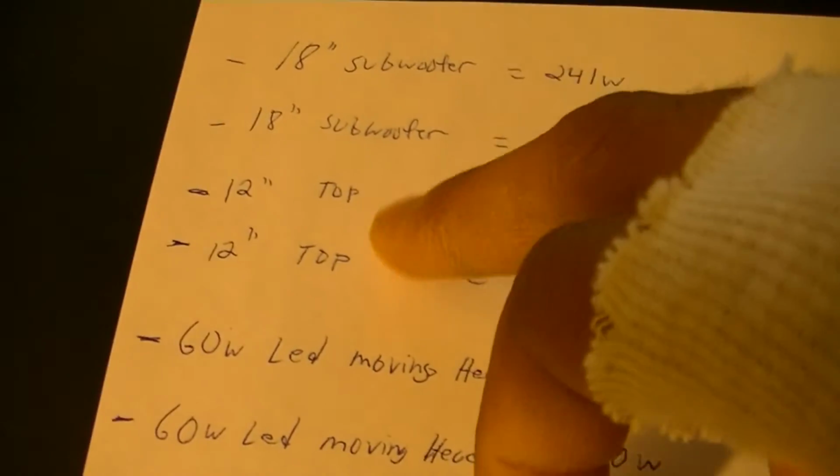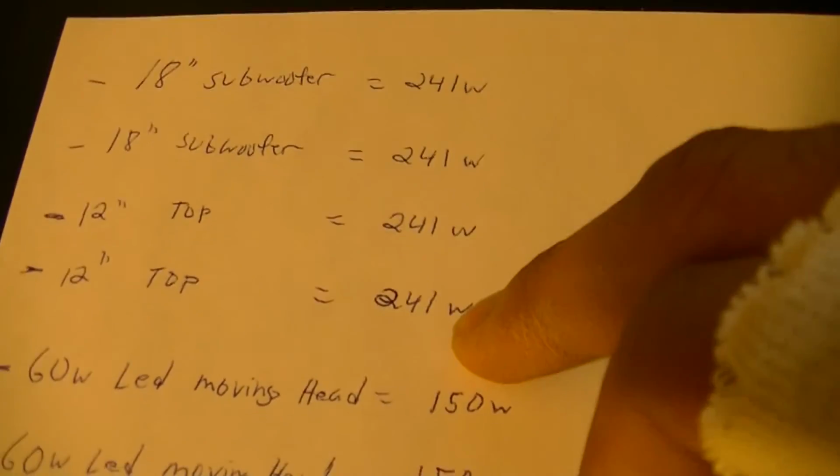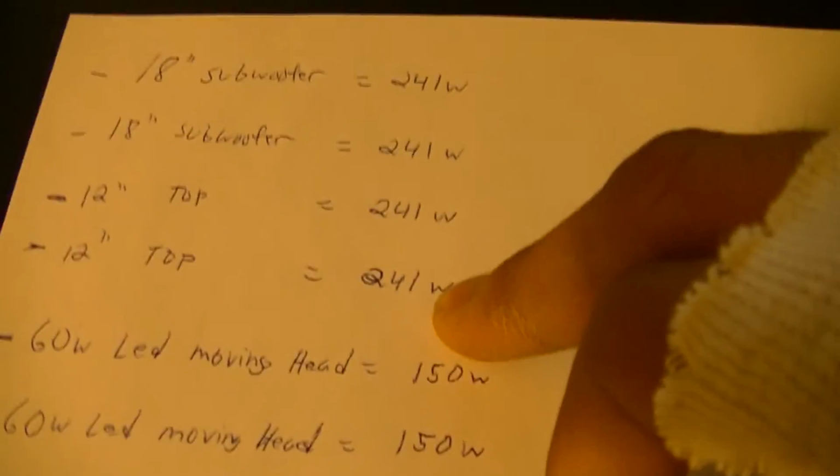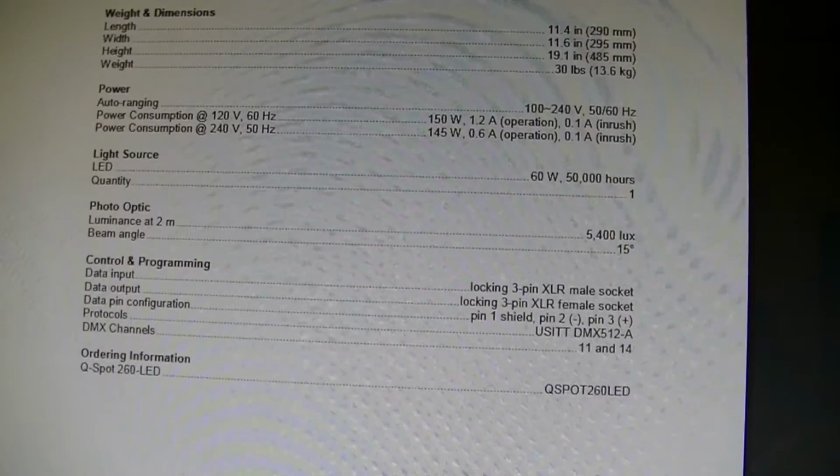So do your math. You're running two 18s and you're running two 12s as your tops. That's 241, 241, 241, 241. That's your wattage right there for those four speakers. Now, if you're running two 60 watt moving heads like your famous Chauvet Q-Spot